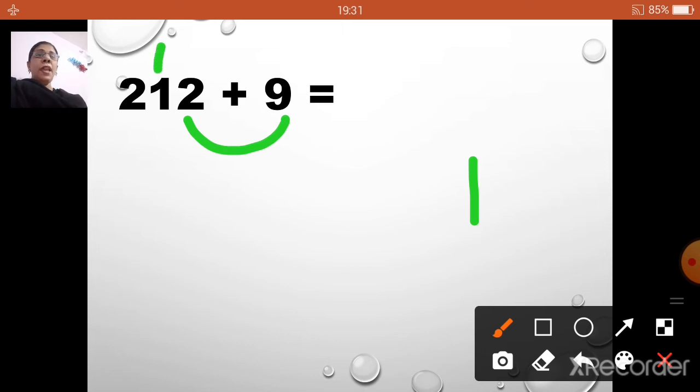But now I do not have any number to add to the other number. So what I am going to do is 1 plus 1 is how much? 2. So I will write 2 here. Now here I got a single digit. So below, to add with 2 in the hundreds place, I do not have any other number, nor do I have any carryover. So I am going to write the 2 here. Understood? So what is the answer? If I add 212 plus 9, I get my answer 221.